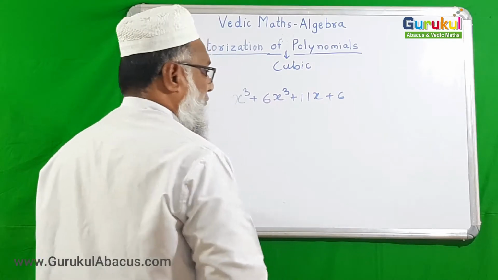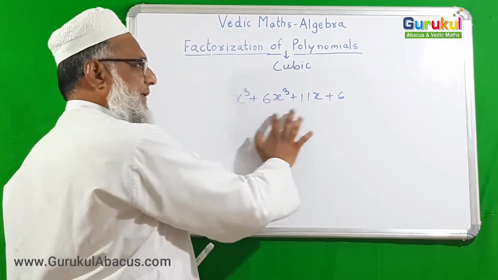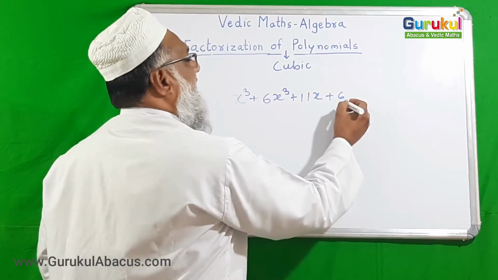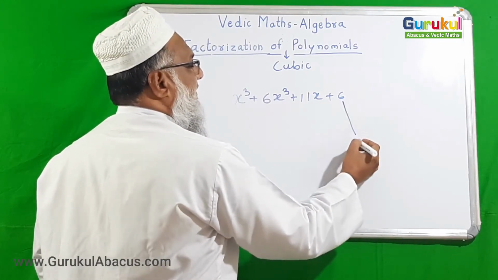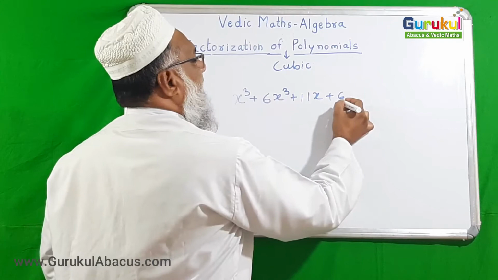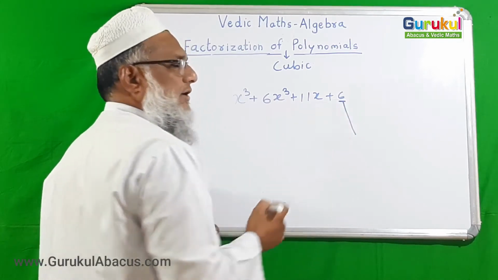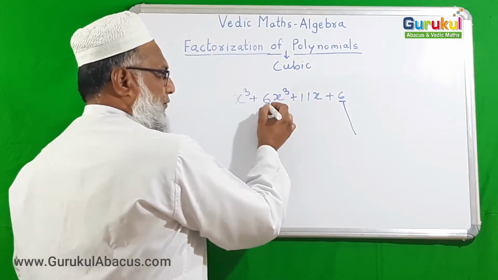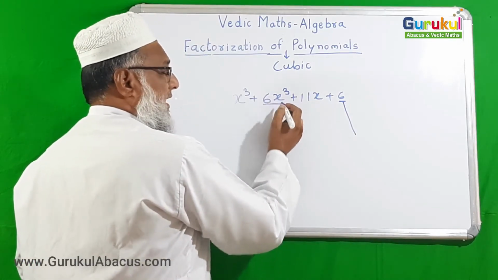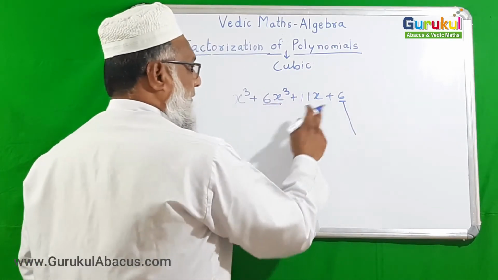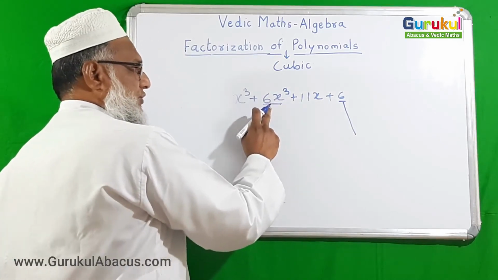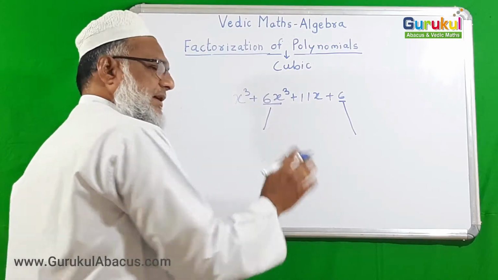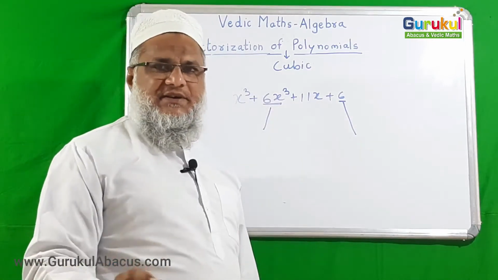Now, we should satisfy two conditions to find the factors. We are finding three factors, and the multiplication of the three factors should equal the constant number, the last term of the example. And look at the second term: the addition of all three should be 6. If both conditions are satisfied, then we can easily find the factors of our example.